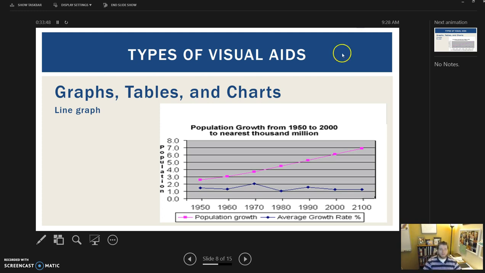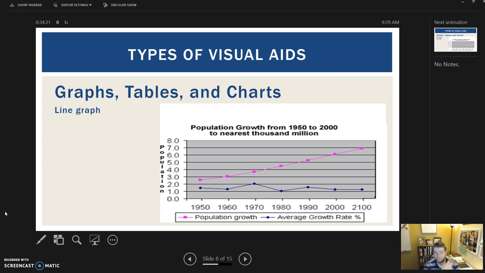So, but take a look at this, talking about making information interesting. Okay, if I just say the words, the population growth has far exceeded the average growth rate percentage. That's boring. Okay? But if I say, take a look at this graph that I pulled from the United States